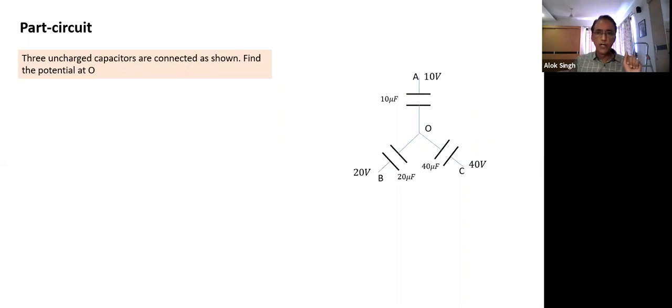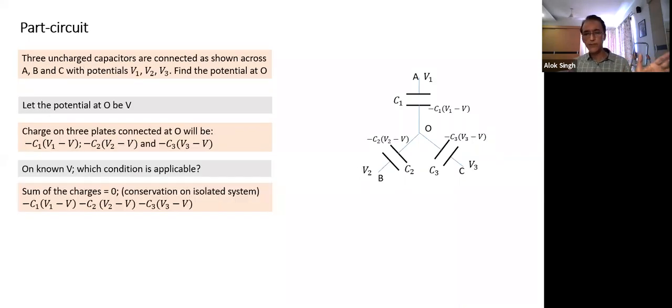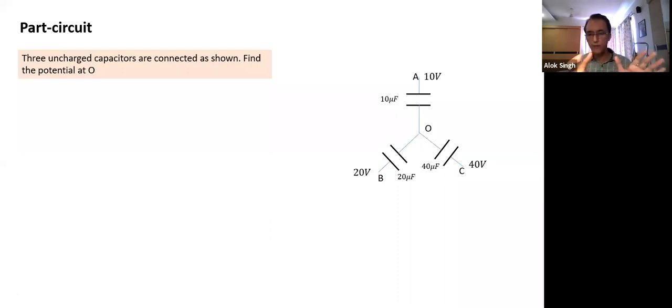What I will do now, that question was more in terms of variables, so perhaps we don't get a good understanding of what is happening. This logic I'm going to apply in this question, which is in terms of numbers. Unlike the previous question, the voltages of A, B, C are given. Value of capacitance also are given. So we can find the potential as a certain number. If you understood the logic from the previous case, try and solve this question on your own. I give you a couple of minutes to try and solve.